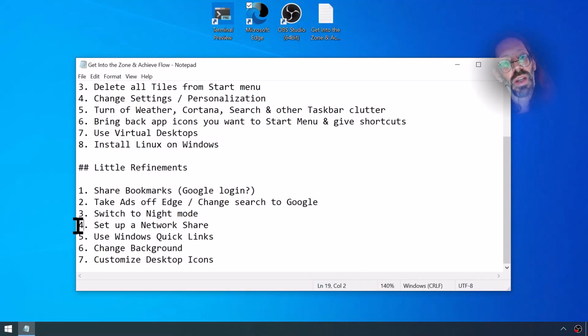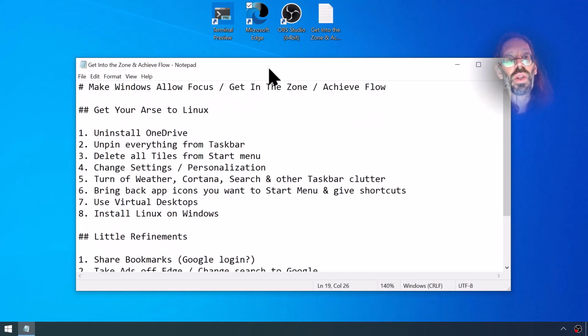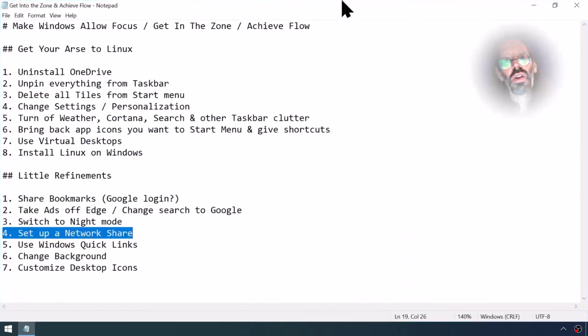All right. Set up a network share. This is a really interesting one. Everything we're doing is setting you up for getting off of Windows eventually, right? One of the real sub-themes of this whole thing is we're moving to having you somewhere other than Windows. So you need a place for stuff that is not your local machine. This is your first modest step. Well, this is one of your various modest steps to getting your butt off a particular piece of hardware or